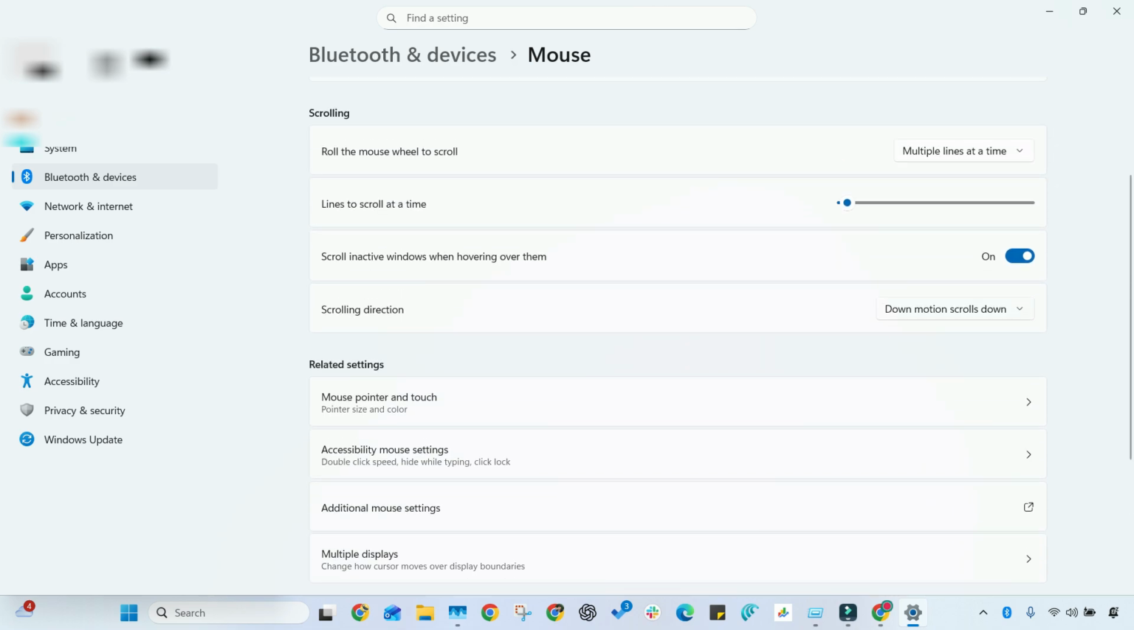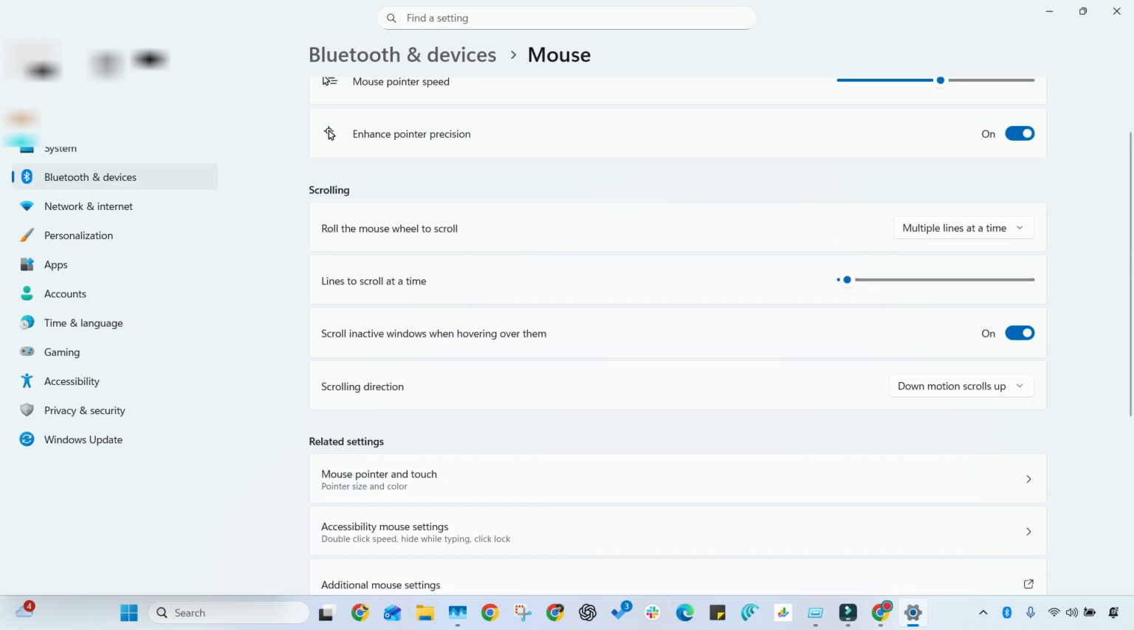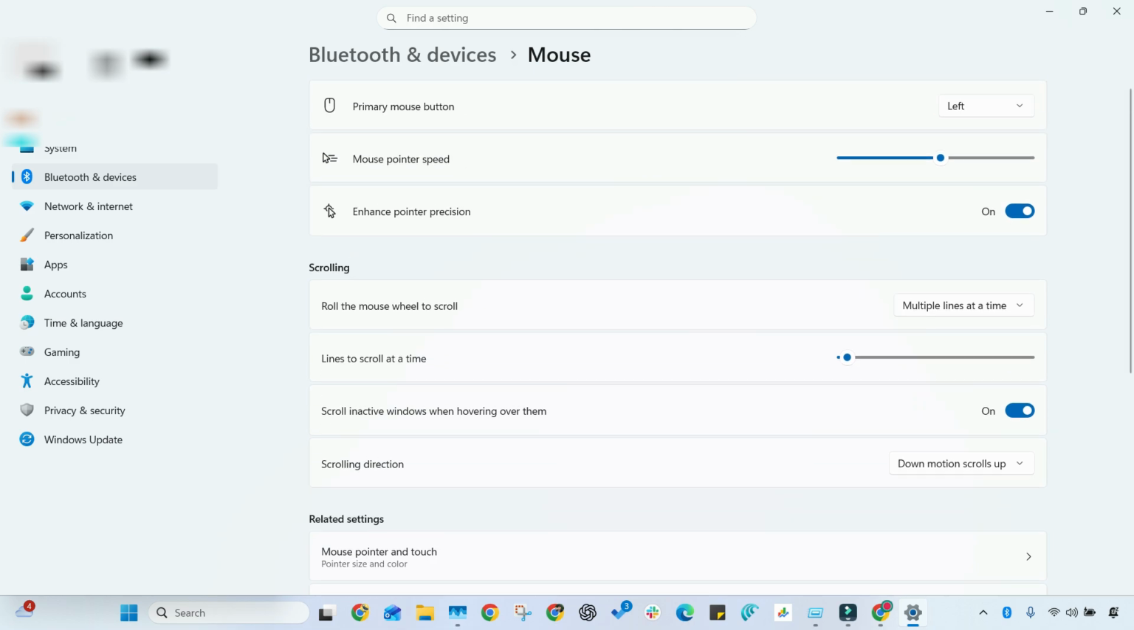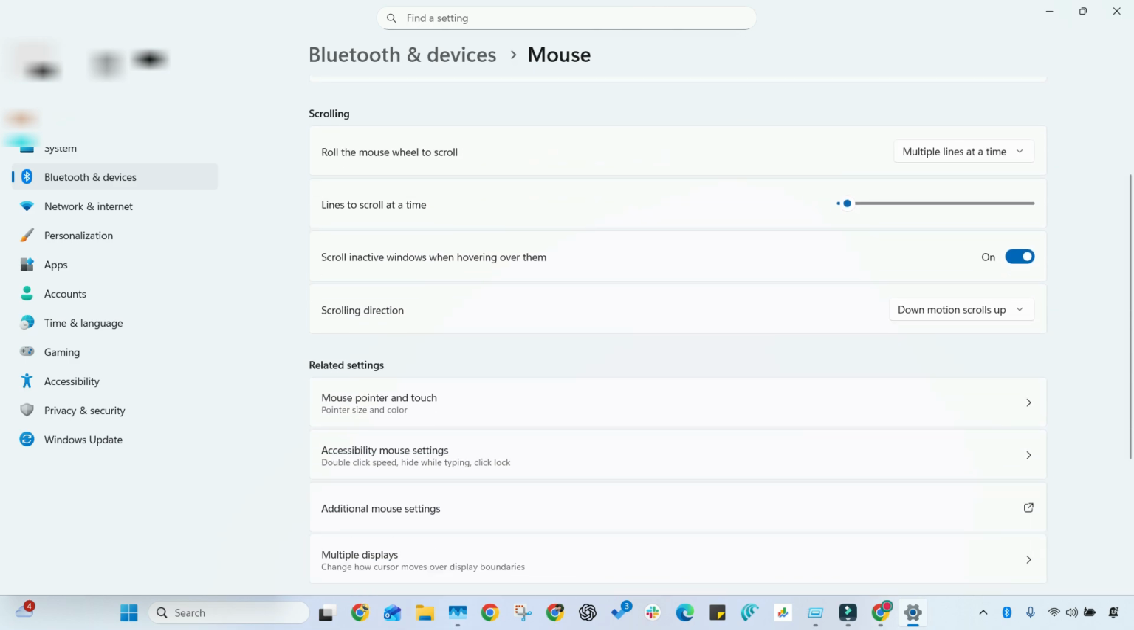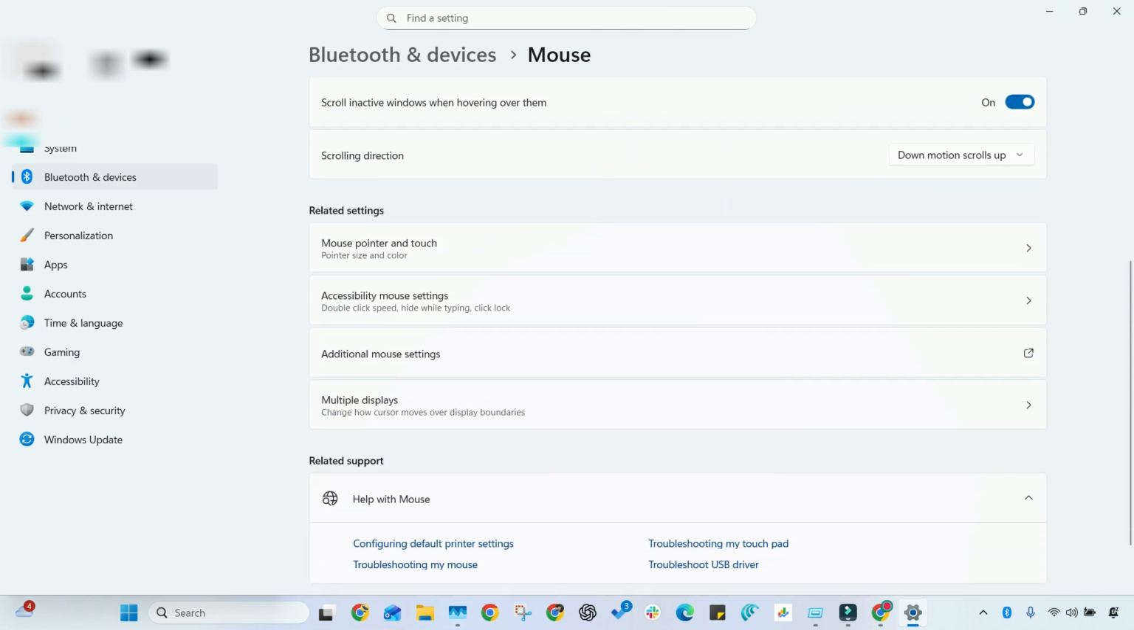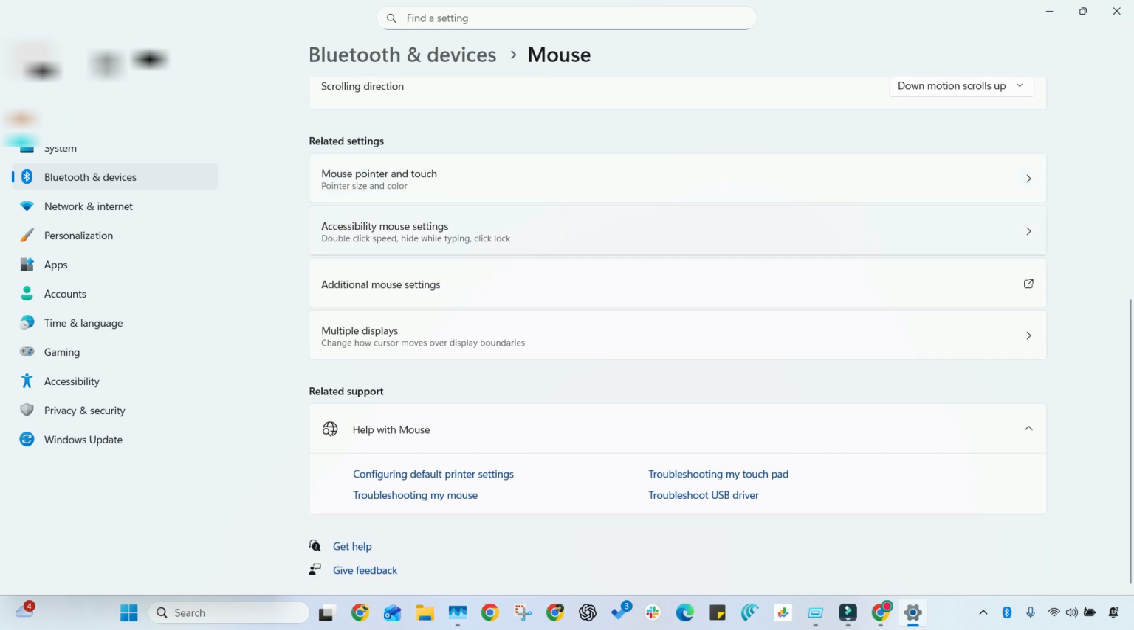If you want to change it, you select the down motion scrolls up. That means when we press the down on our scroll, it will go up, and the opposite will happen if you go the mouse pointer wheel to the up. So this is a very simple way to do that, and if you want to go back you can just select it. So this is how you change the mouse scroll